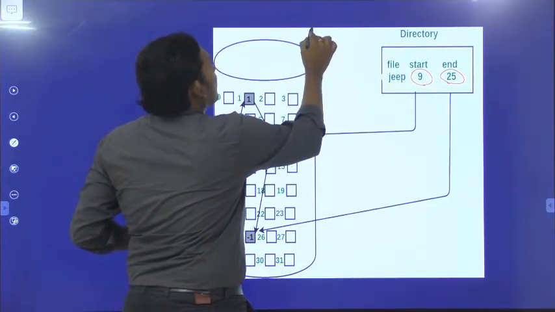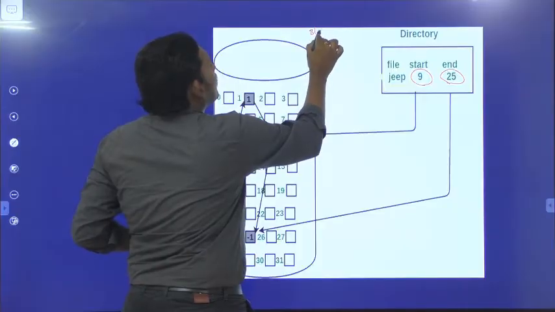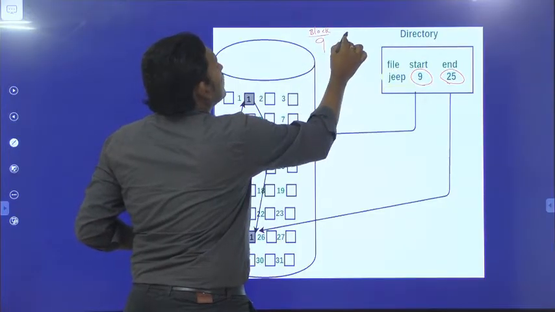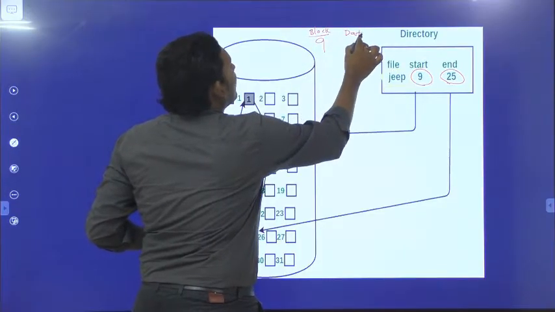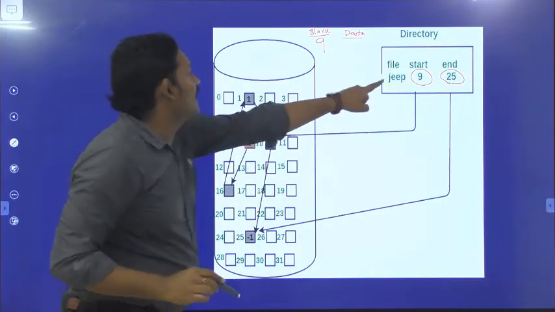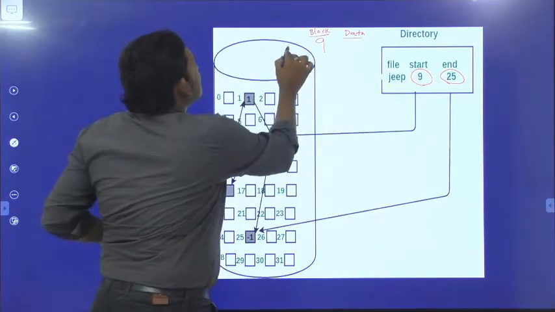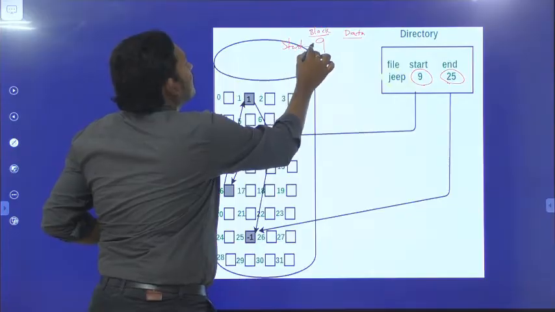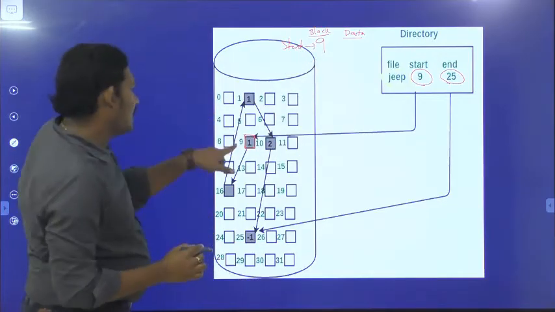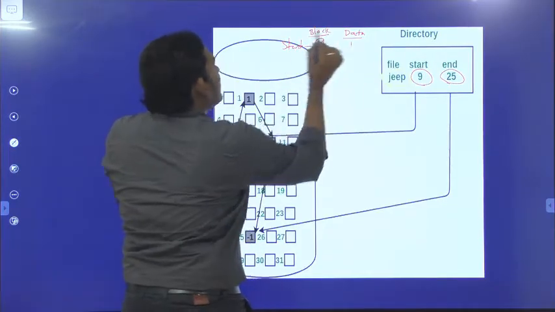This is the block number. Inside the block, what data do we read? First we went to 9 because the starting address is 9.